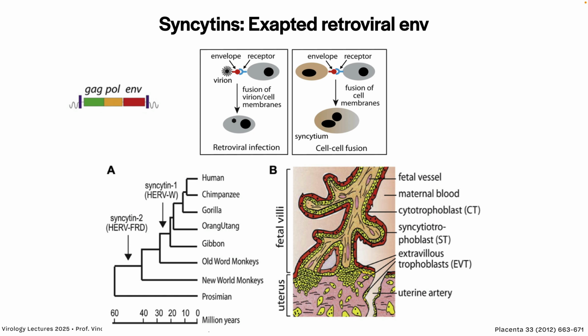Without syncytin, we would not have placentas, we would not have live births. I don't know, maybe we'd be kangaroos, marsupials. Do we have, we don't have marsupials on there. Or maybe we'd lay eggs. I don't know. But we would not have placentas without retroviruses. So you can thank them. It's an old infection, many, many years ago, millions of years ago, and we inherited it from ancestors, but that's what they do.